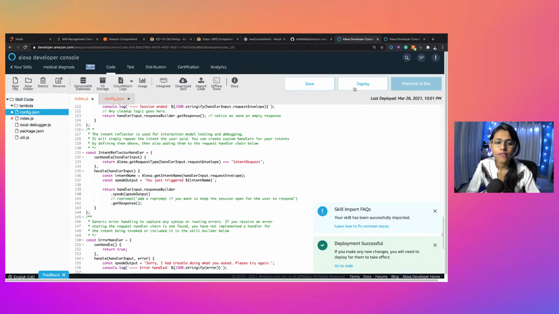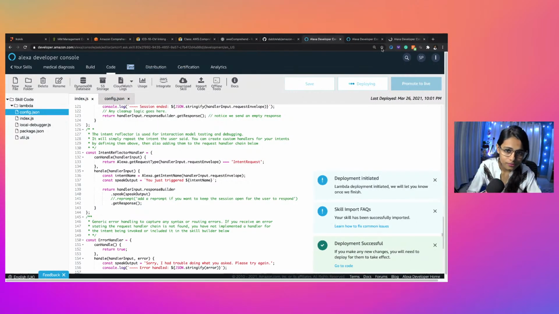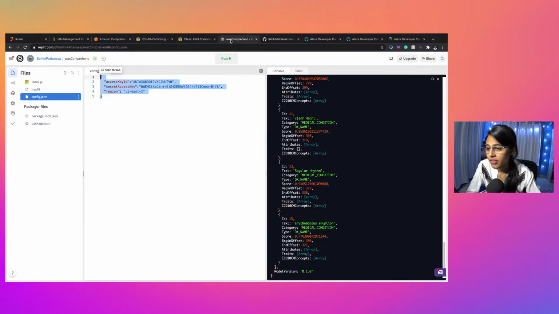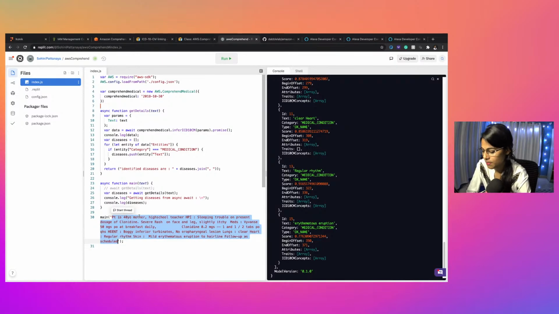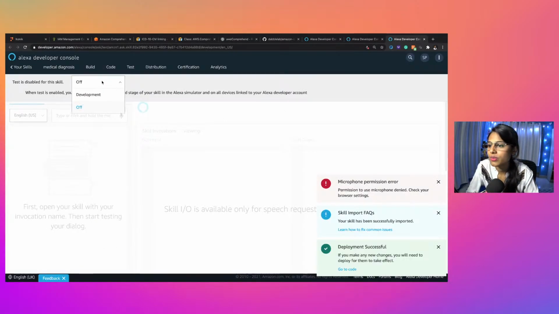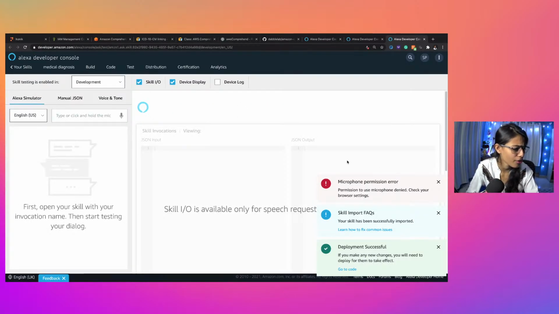That's simple. Now let's deploy the code and open the test console. Till then, let me just find out the text for this. PT is patient, right? So we're going to turn the mode to development. Do we have any questions so far? Alrighty. So now we're going to start with this